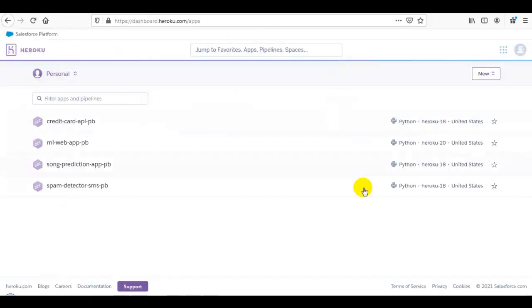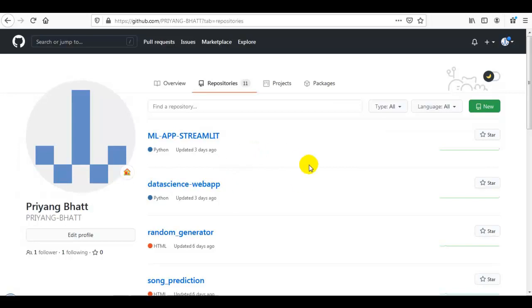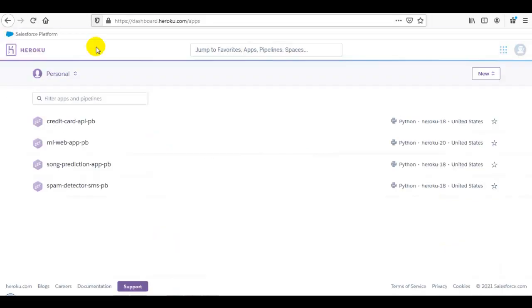As you can see over here, the dashboard of Heroku. We can deploy 5 apps free of cost on this cloud. To deploy any app on this cloud, first we have to sign up on it with a Gmail account. Also we require a GitHub account, so we can create a repository on GitHub with the required files, because at the end, we have to link this GitHub account with the Heroku cloud.